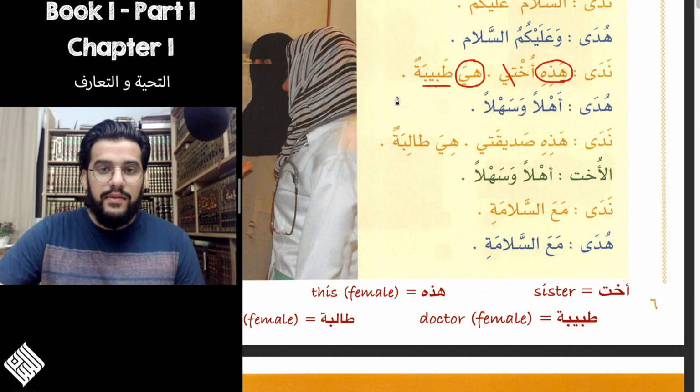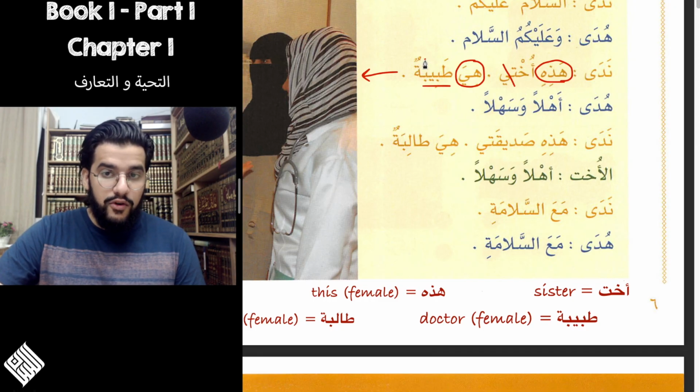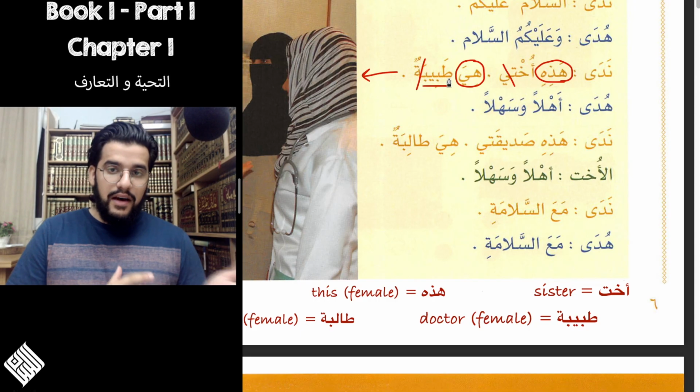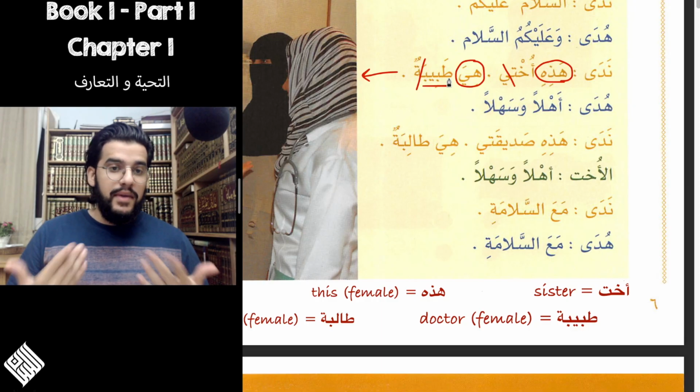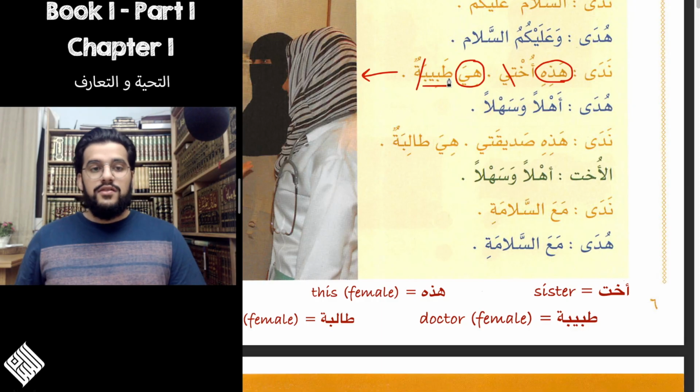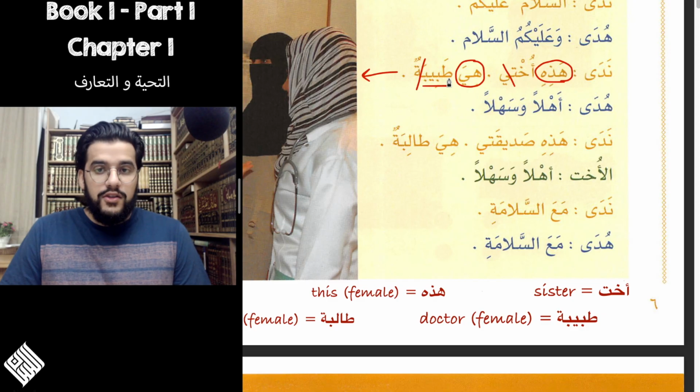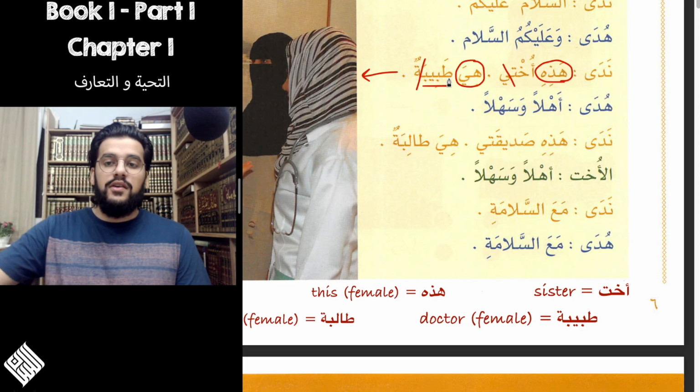What does طبيبة mean? You can probably tell from the uniform or from what she's wearing here. Yes, طبيبة is a doctor. Now, of course, that ta at the end is called the feminine ta, as we said before. So the word طبيب without the ta would mean a male doctor, and you add the ta to make it a female doctor. طبيبة. And then Huda, of course, said أهلا وسهلا.